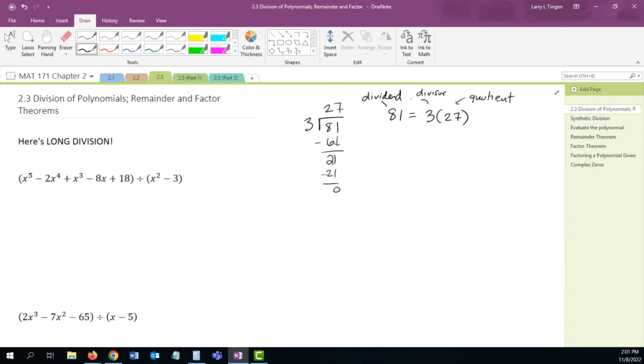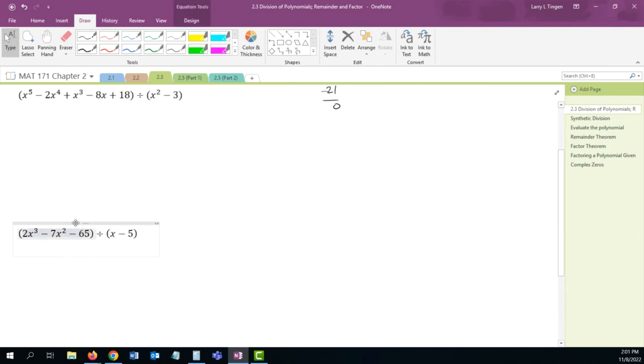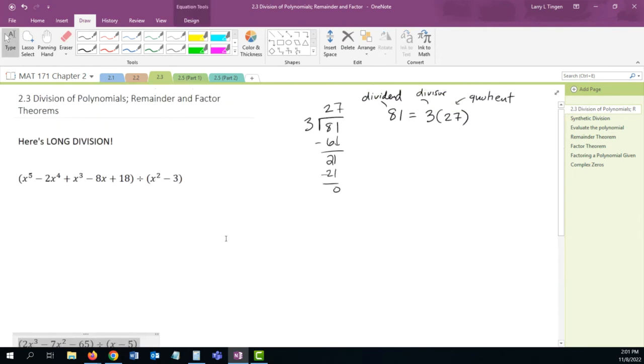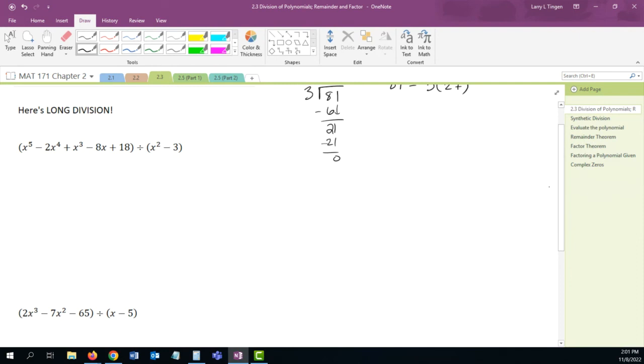The dividend is what's under the division sign, or what you're dividing into. All right, so now let's carry this over to polynomials. Here's a bunch of polynomials. Let's do the same thing. I have a 5th degree polynomial divided by a 2nd degree polynomial. So let's tackle it. The first thing you have to do when you're doing these problems is list every term of every power of x from the highest to 0 power to make space for